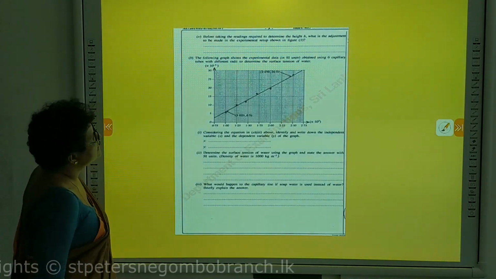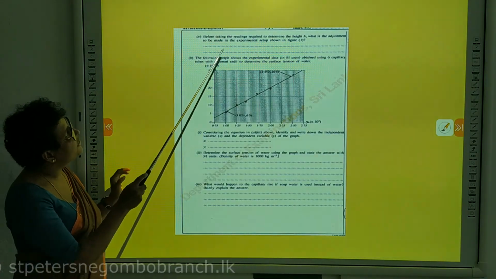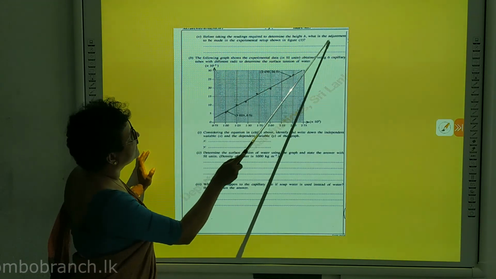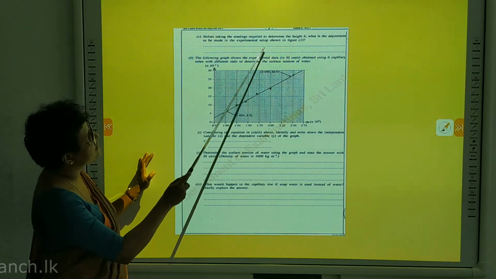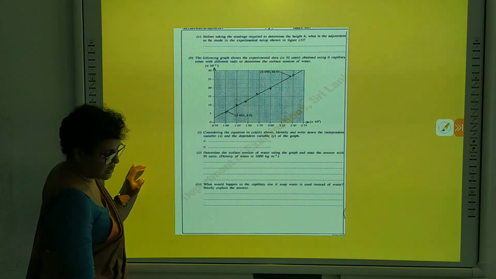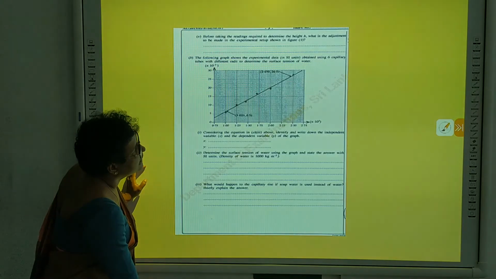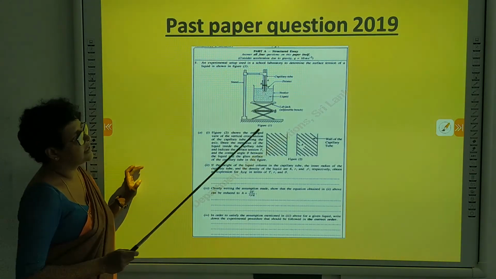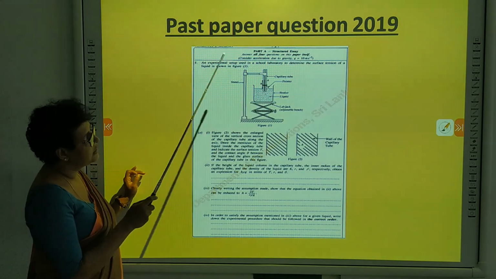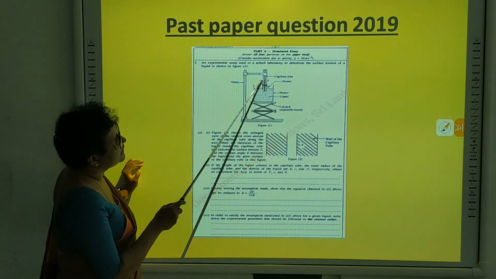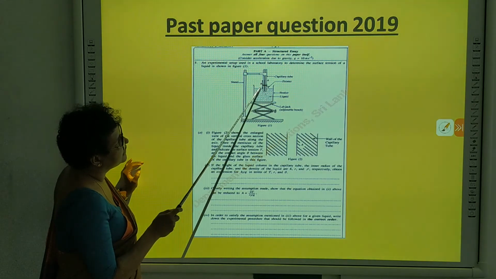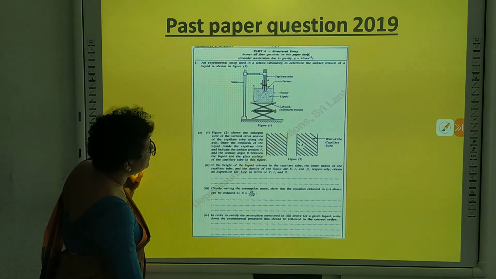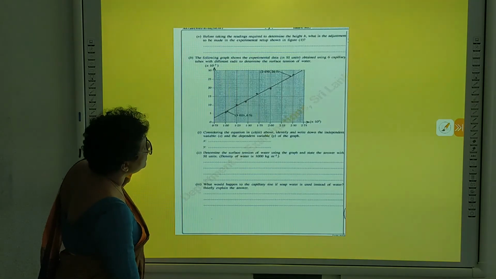Now, this is the next part of it. Before taking the readings required to determine the height h, what is the adjustment to be made in the experimental setup shown in the figure? Here, this hook should touch the surface, otherwise the reading will not be correct, right? Incorrect, right? See, before taking the reading, you have to see whether this hook touches the surface of the liquid, right? And then